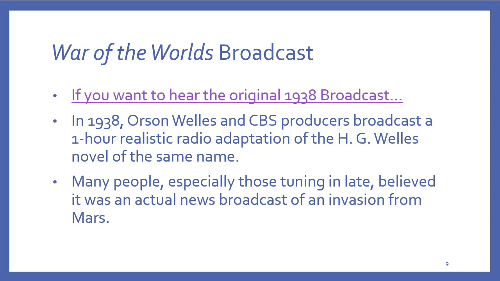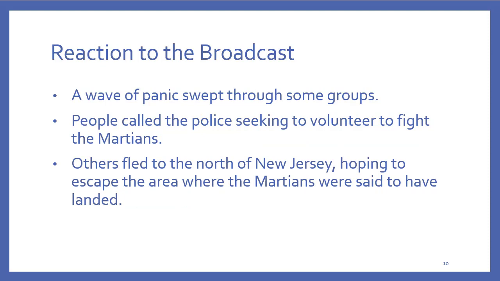So what would happen is that there was panic among some groups of people who weren't aware of the fictitious nature of the radio broadcast. People were calling the police. They wanted to fight the Martians. They wanted to be on the front lines for it. Some people fled to different parts of the eastern seaboard because this all took place in New York. So the radio broadcast setting was in New York. So people were fleeing the area, trying to get away,